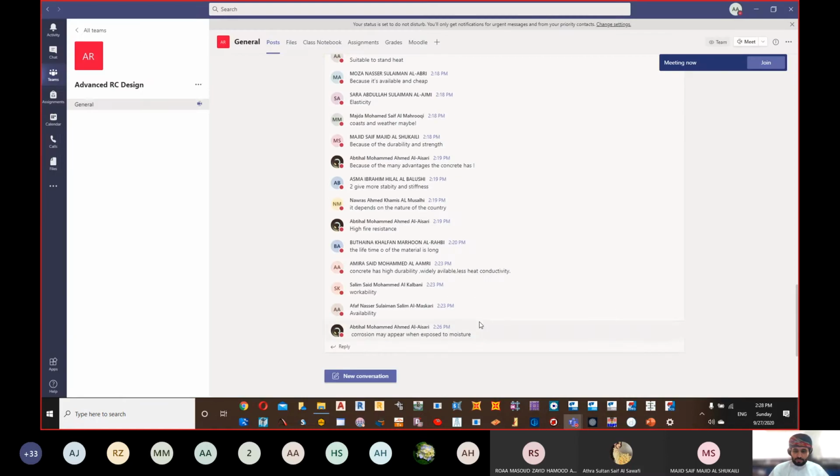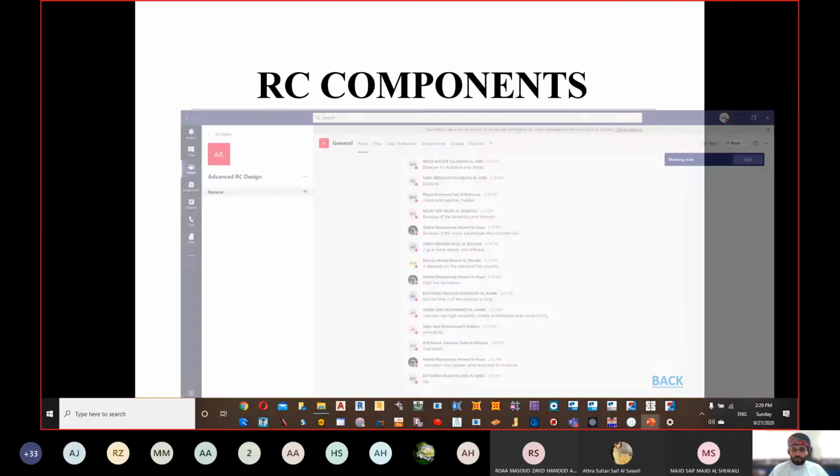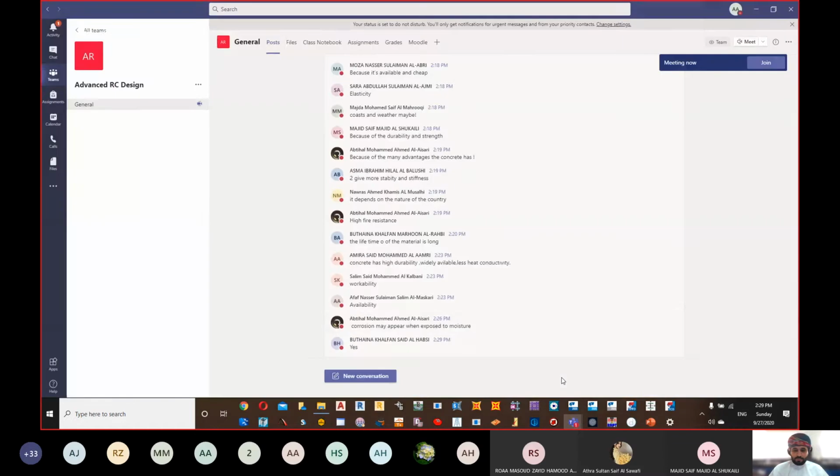Is it clear? Yeah, corrosion or rust. Okay. Rust is another term for corrosion. Okay. Are we clear till now? Are we fine? Okay. So the second step, where we are talking about the different